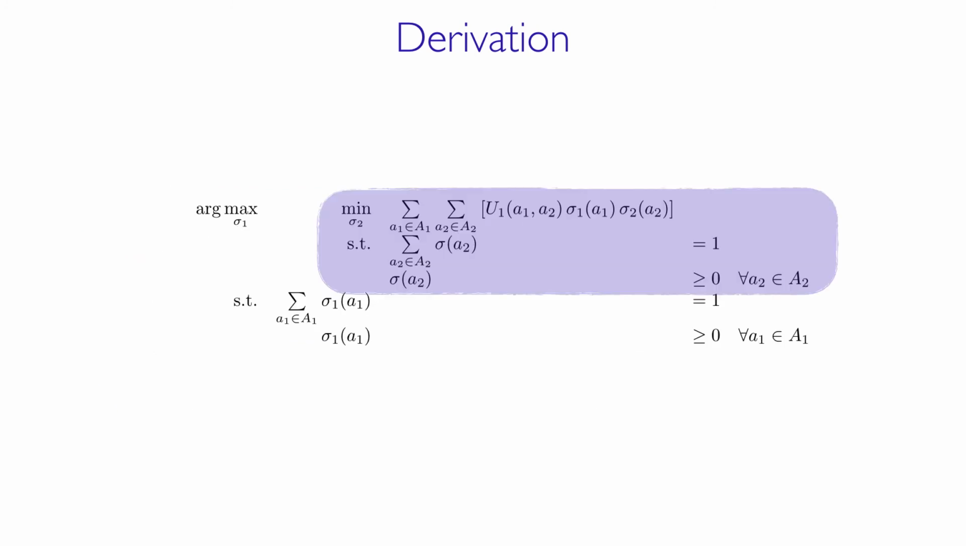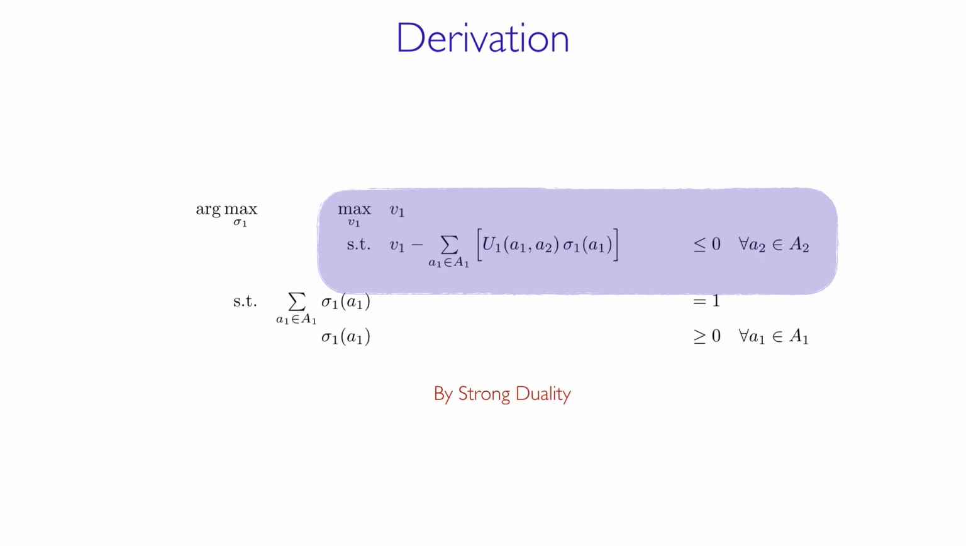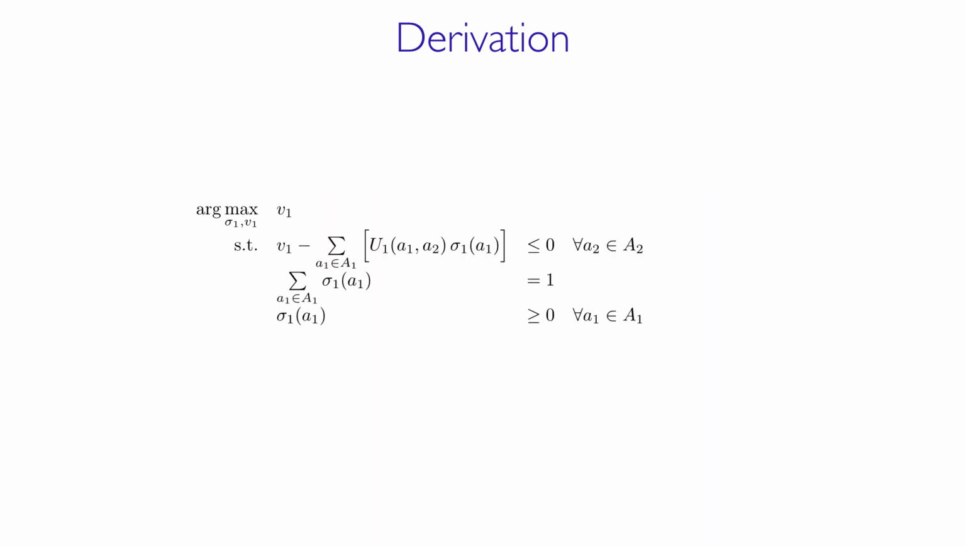Come back to the maxmin problem. Focus again on the minimization problem. By strong duality, we can substitute the primal minimization problem with the dual minimization problem. Now we have two maximization problems, one on sigma 1 and one on v1. We can put together these two problems as reported here,